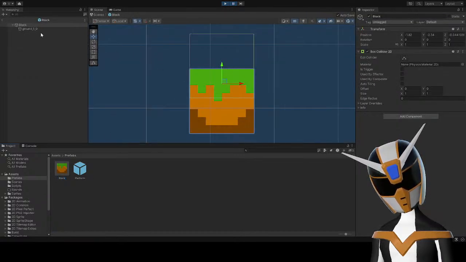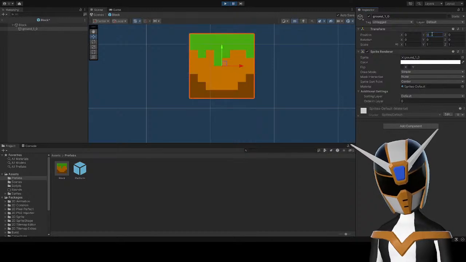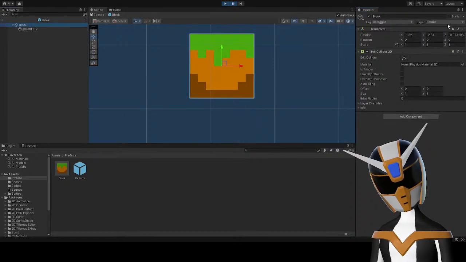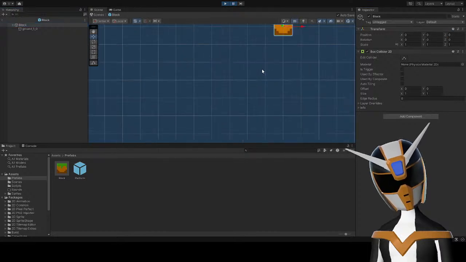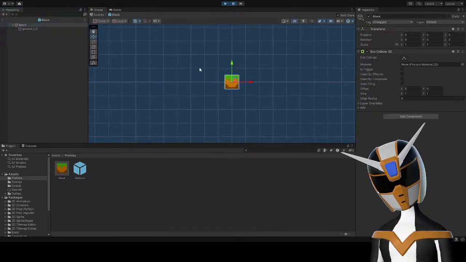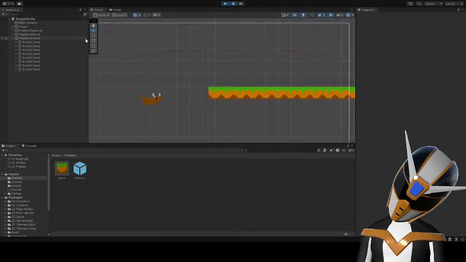Oh, for some reason, this is offset. Okay, let's just set all this to 0, just to put my mind at ease. I don't know what could be going wrong here.